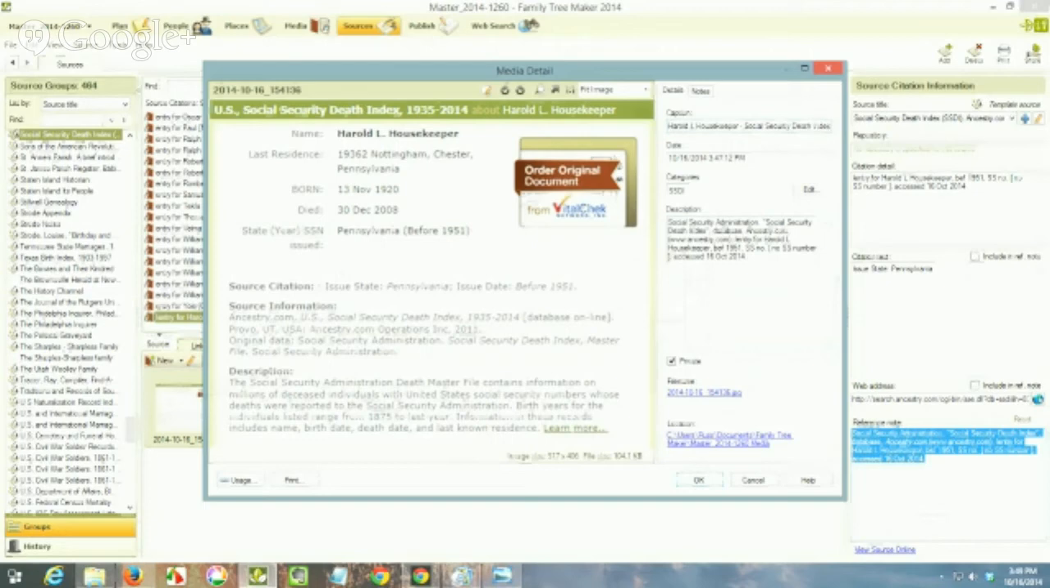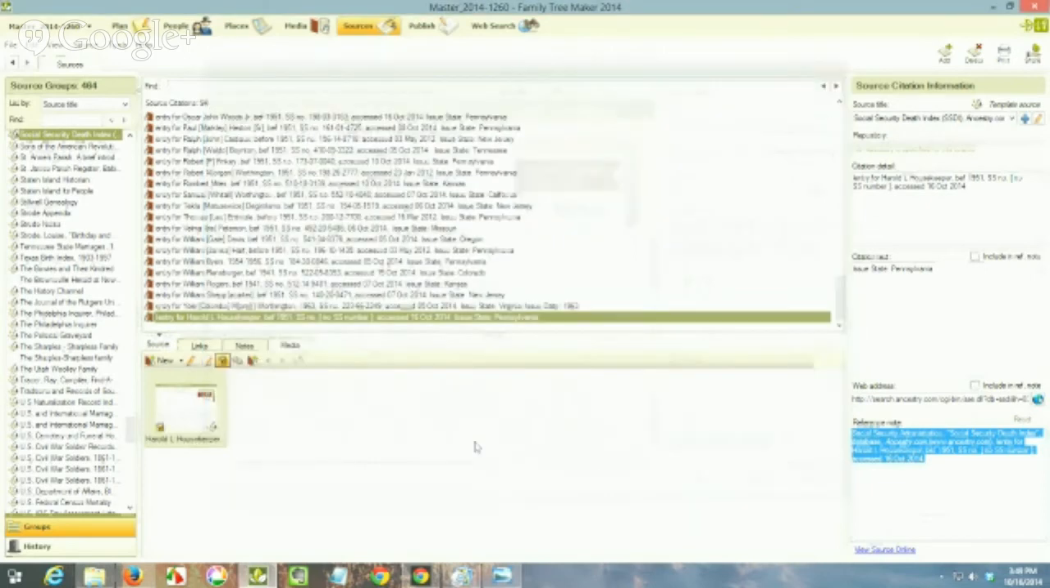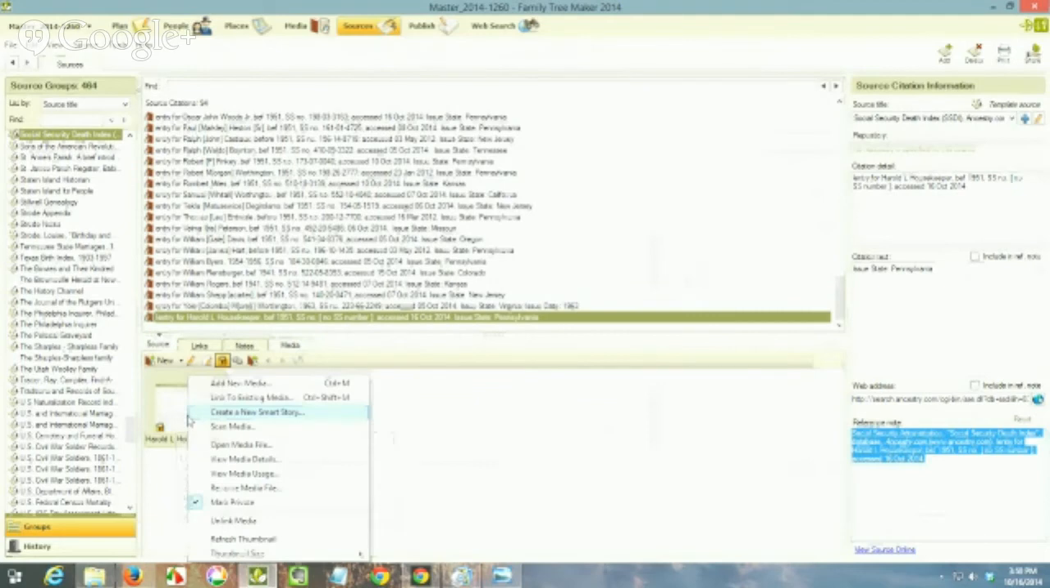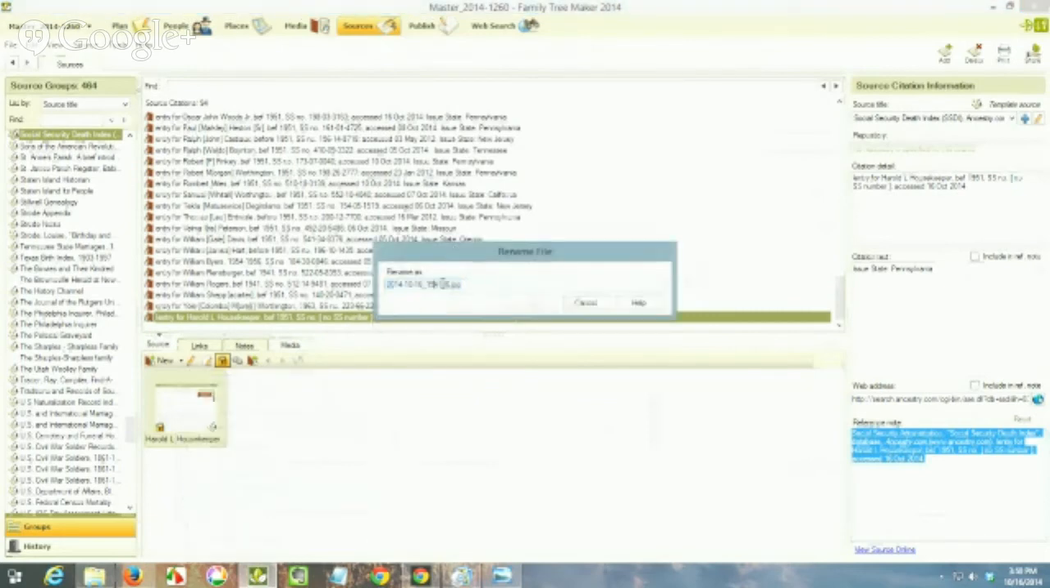So this is for the caption, remembering that within Family Tree Maker, I can sort the media folder by file name or by caption. Now, if you look down here, this file name looks really crazy. Doesn't help me at all. I'm going to close this and say OK. And I'm going to right click on that image and I'm going to rename it to the format that I have established, SSDI